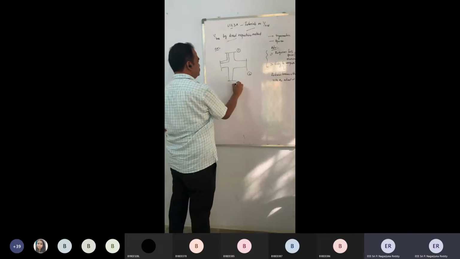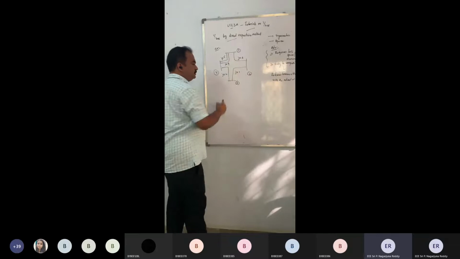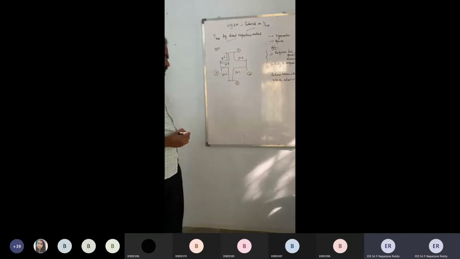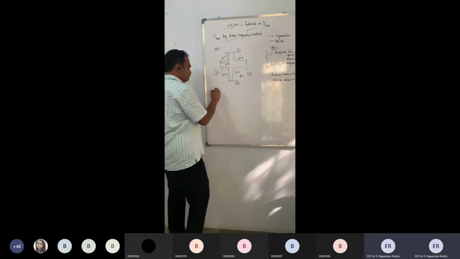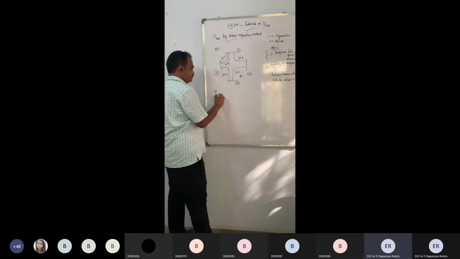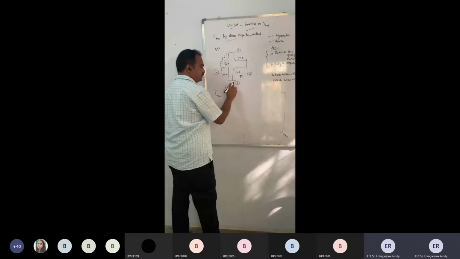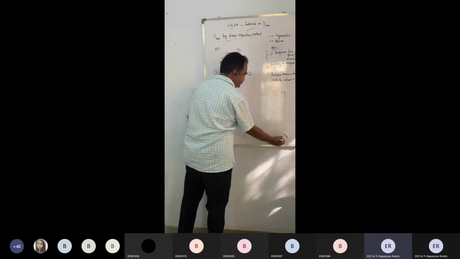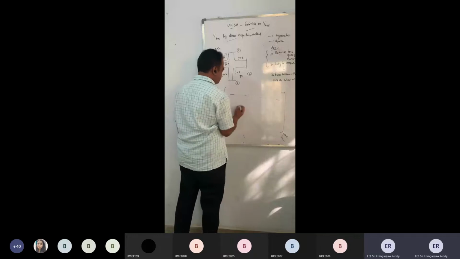One, two, three, and 4. And I am taking the admittances. So let us suppose these are the admittances which are directly given for you in per unit. So the Y-bus will be an n by n matrix. Here n is nothing but the number of buses. So it is a 4 by 4 matrix. 1, 2, 3, and 4.